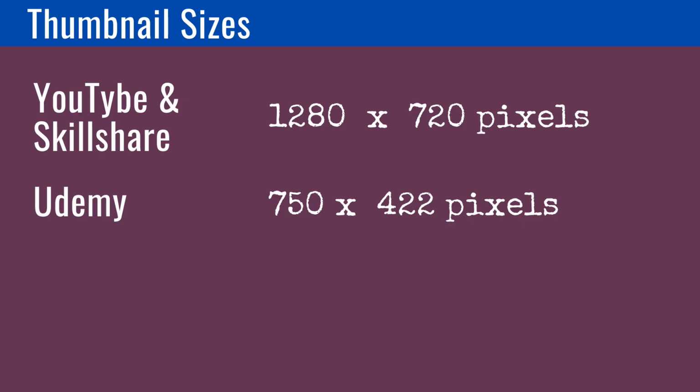So when you are preparing the content, you must also prepare different thumbnails at the same time. It will save you time. The image size of Skillshare is different from Udemy and YouTube. So whenever you prepare a video, immediately prepare 3 thumbnails for each of these platforms. I will put the thumbnail sizes on the screen, you can see, and you can use these sizes for these